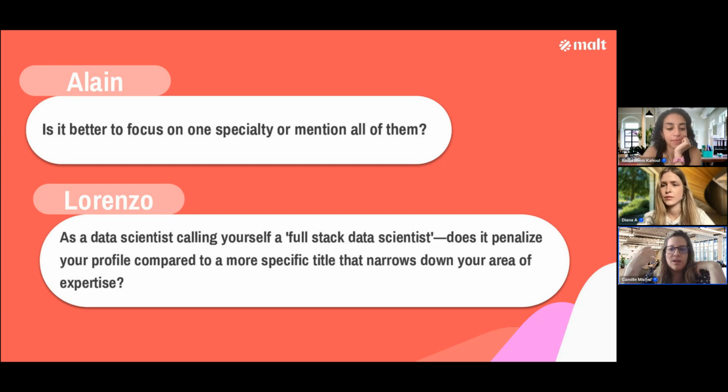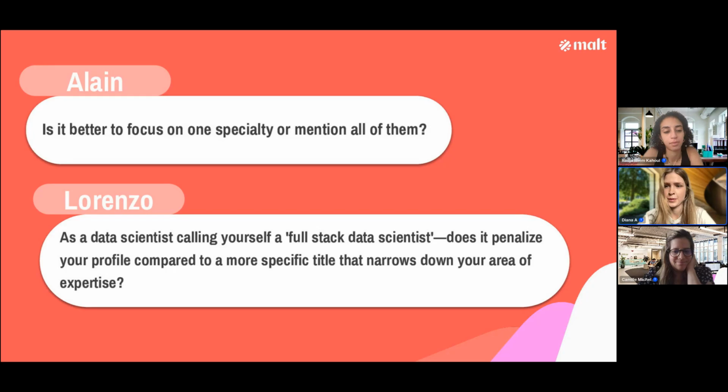And so when you attach skills to each experience, it becomes much easier for clients and also for the algorithm, again, to evaluate your level of expertise and the number of years of experience that you have for each skill. Also in Alain's profile, I can see that there are more than 30 skills at the top of the profile, so at the global level. But it would be better if all the skills were attached to experiences to really understand why he would be the one helping the client for this and this and this.